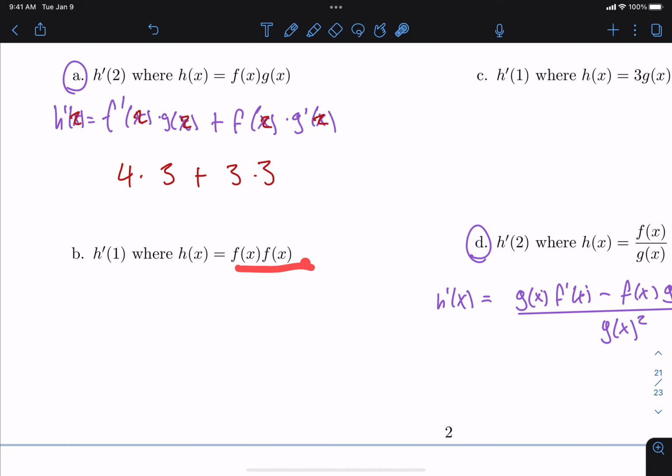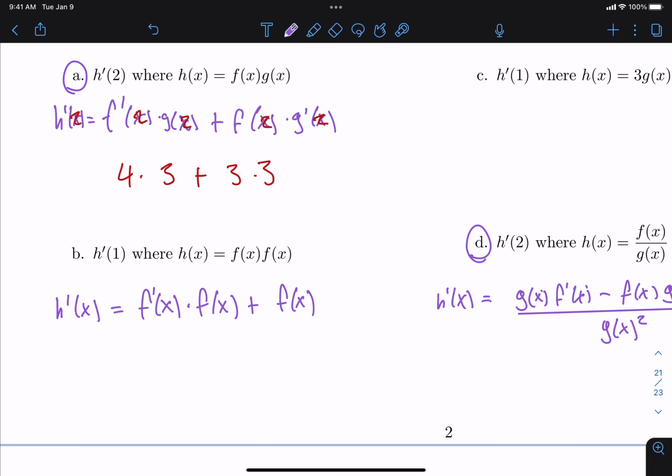The way you take the derivative of a product is first by doing the derivative of the first function and leaving the second function alone, and then adding and switching the roles. So leave the first function alone, multiply times the derivative of the second function. In this example, you end up getting 2 f of x times f prime of x,